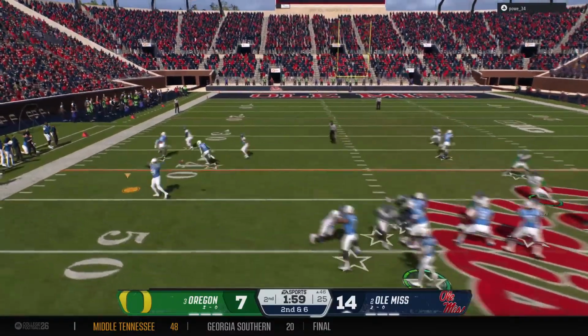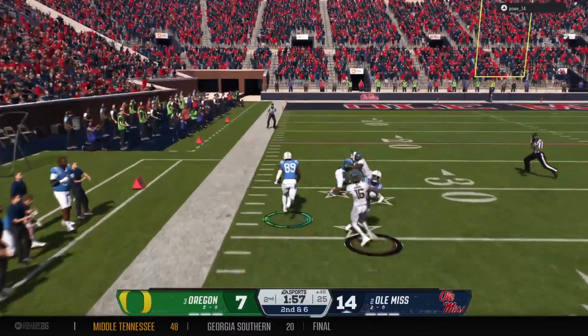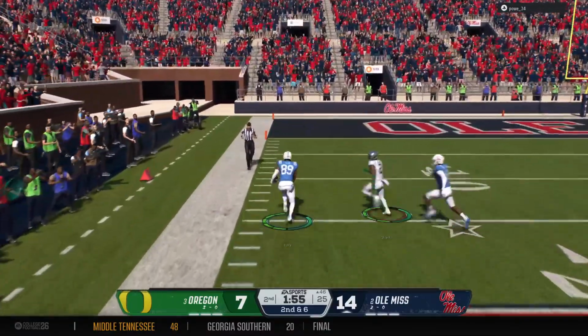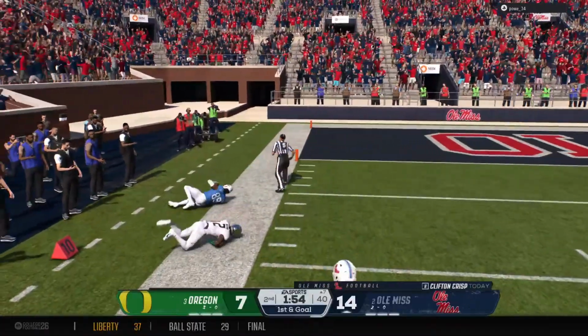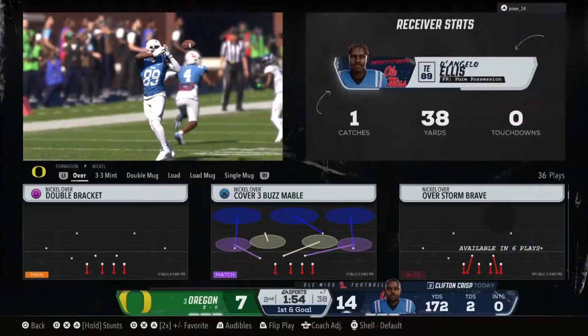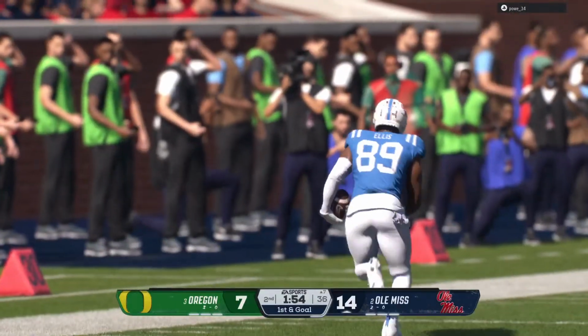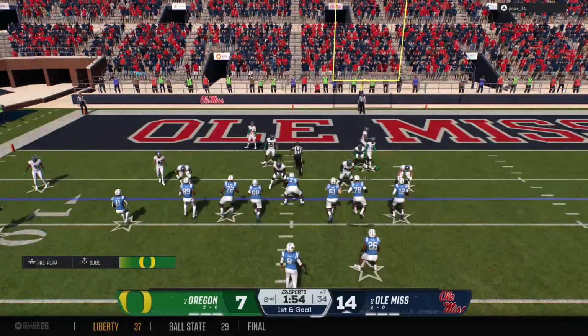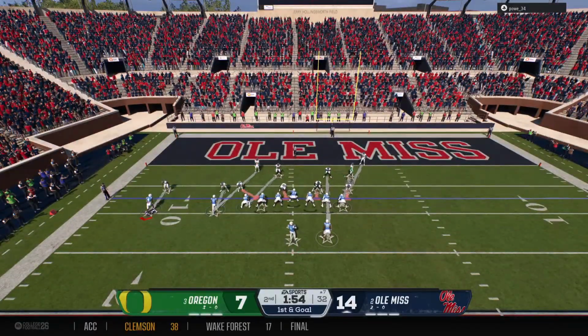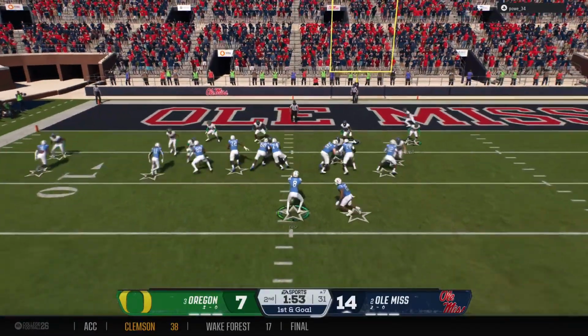They snap it. Quarterback looking to throw the ball. It's a short completion to the big tight end. And here he goes. And he's finally forced out of bounds inside the 10. Big play to set up a first and goal. That play sets up a great opportunity. First and goal just outside the 5.